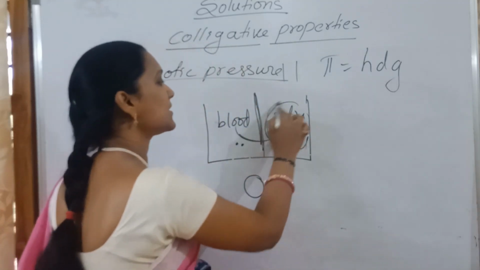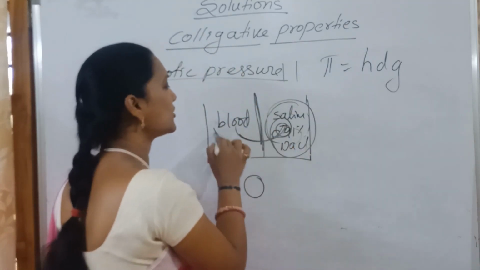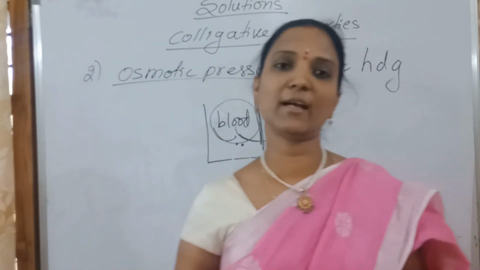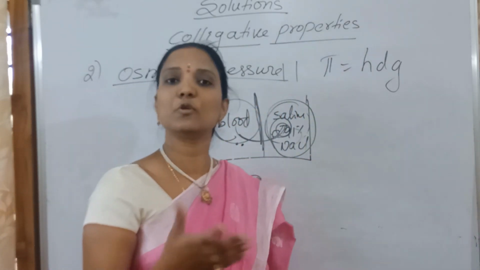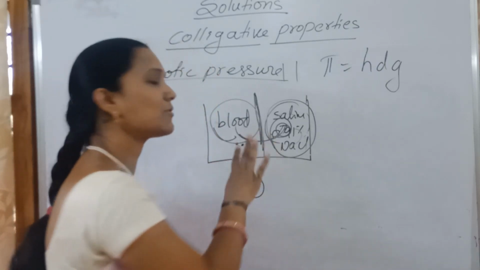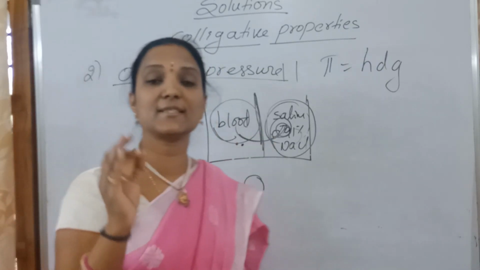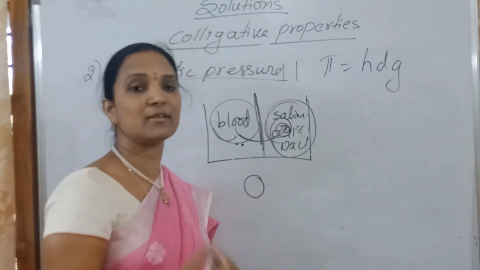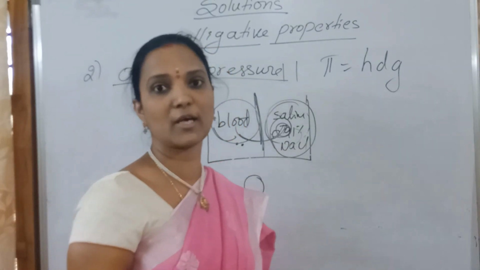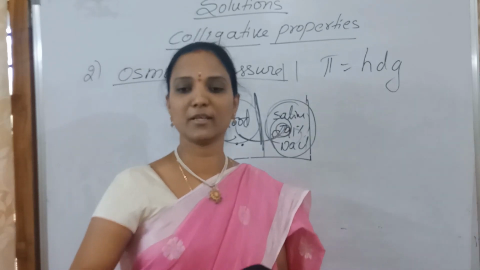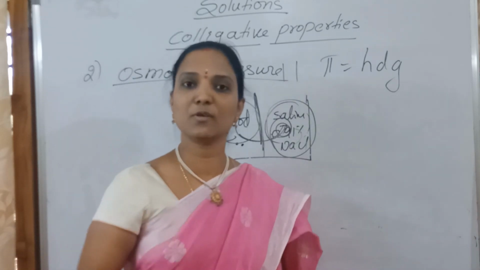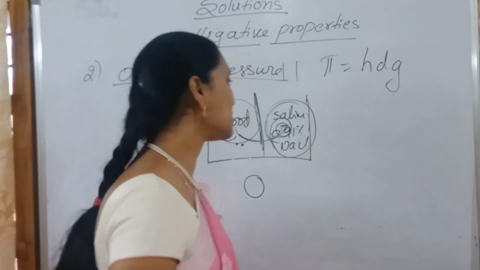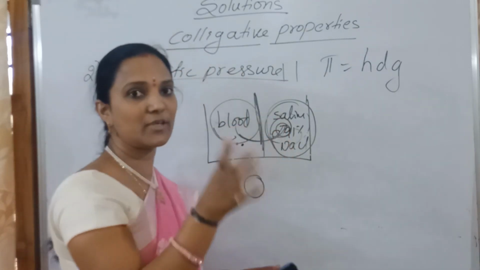Why? This concentration is isotonic with blood. Now, does water enter inside the blood or come out from the blood? No osmosis, because both have the same concentration. That's why we can't insert just any water, just saline water. Can we prepare saline at home, just taking water and adding NaCl, and inject it directly? That is not possible. Why is it not possible? We have to maintain that exact concentration.